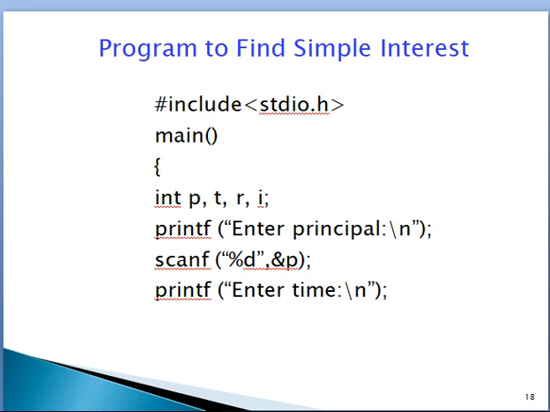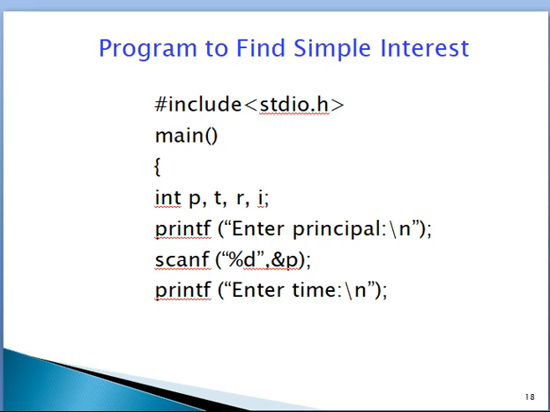Here is the program. Hash include stdio.h to include the standard input output library file. Main function. This is the beginning of the C program. Every C program must have one main function.